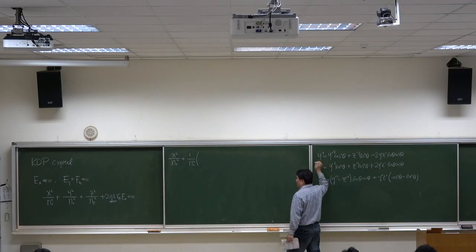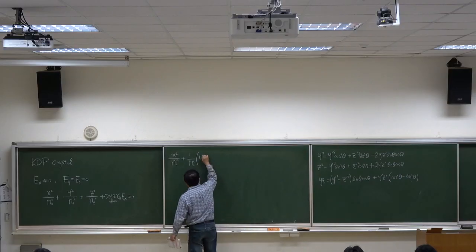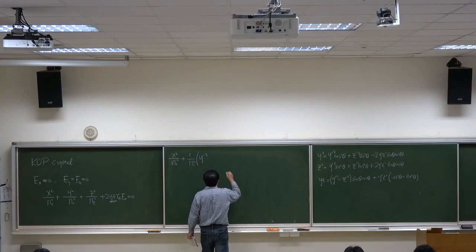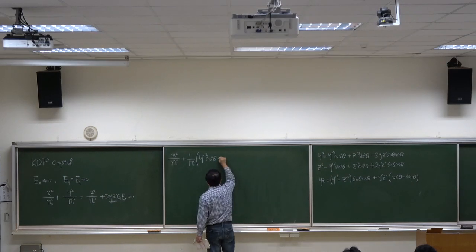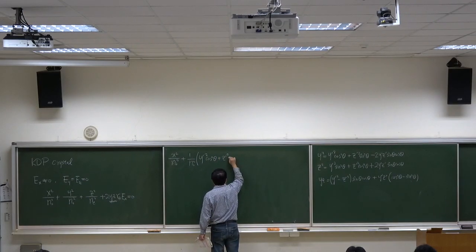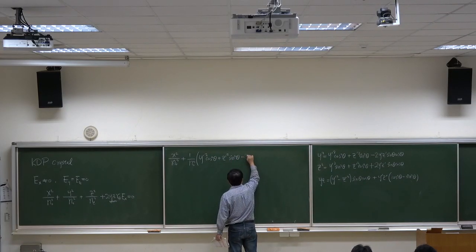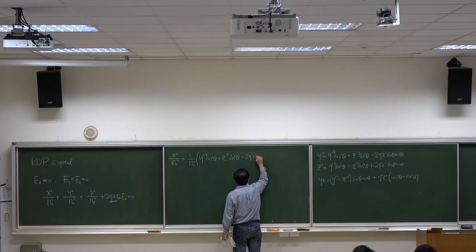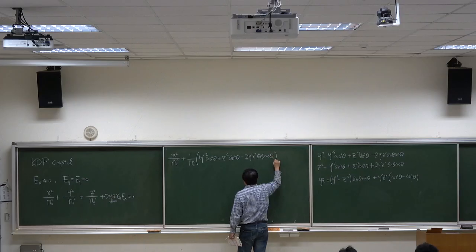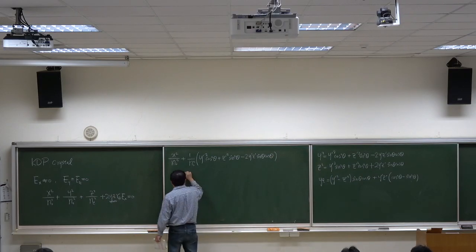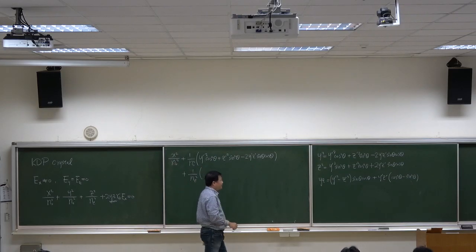Now y squared is y prime squared cosine squared theta plus z prime squared sine squared theta minus 2 y prime z prime sine theta cosine theta, plus 1 over ne squared times